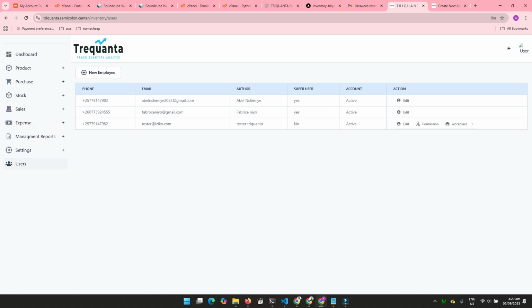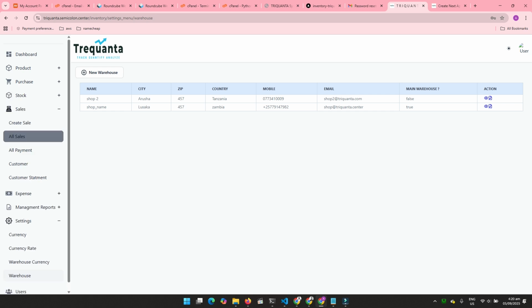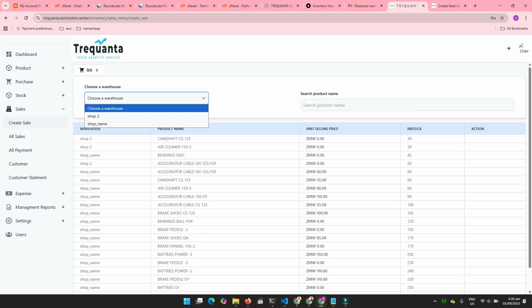It means you have all permissions and you also have access to all workplaces, I mean warehouses which have been created. For instance, for now we have two warehouses, so it means you can do anything within any of those two warehouses. For instance, you can come here and create a sale,